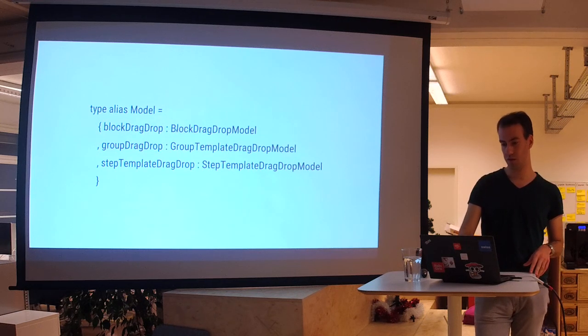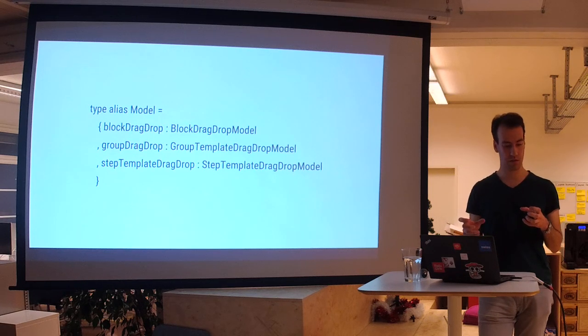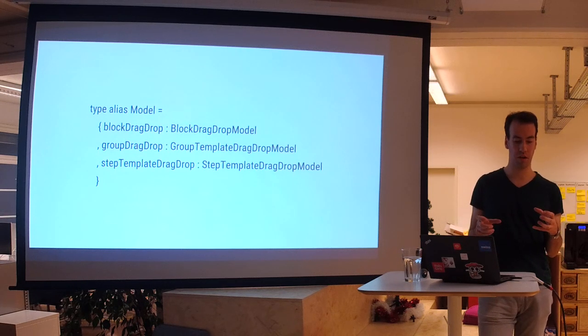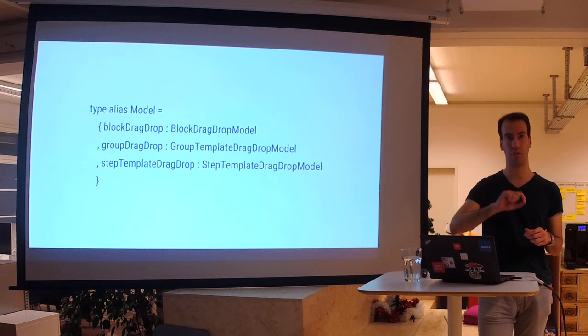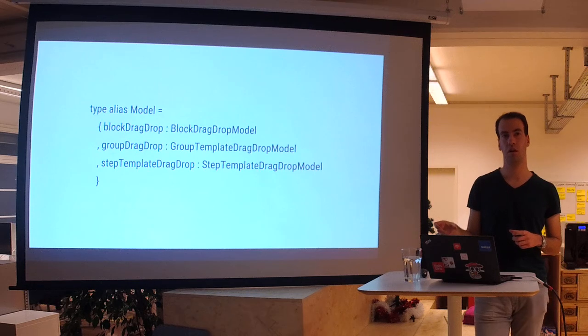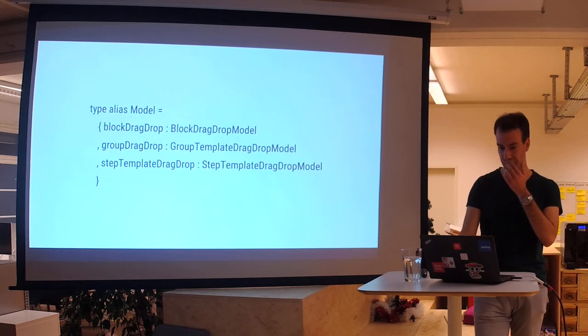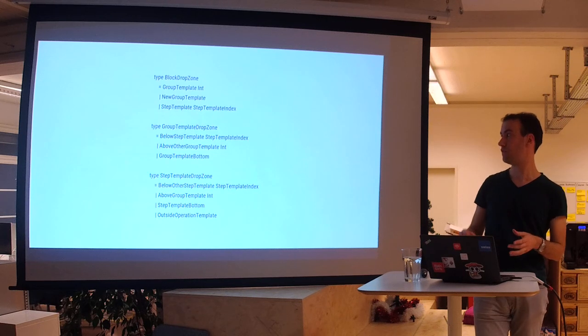I haven't shown it, but the drag drop model is something that's opaque but takes care of the current state of if you're dragging or not, or over a certain element or not, and all that kind of thing. And eventually you get messages about, oh, this was dropped in this drop zone, and it was this original element, and stuff like that. Makes it really nice, but still there's a lot of edge cases in